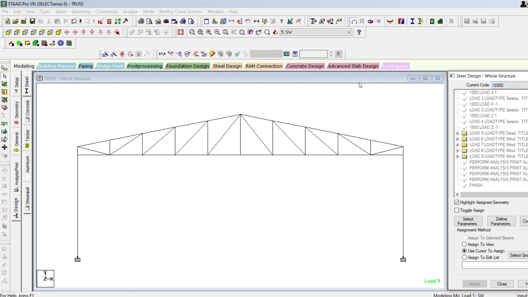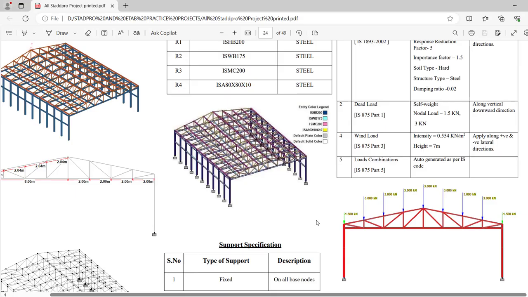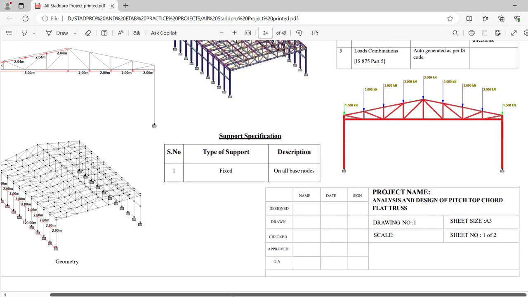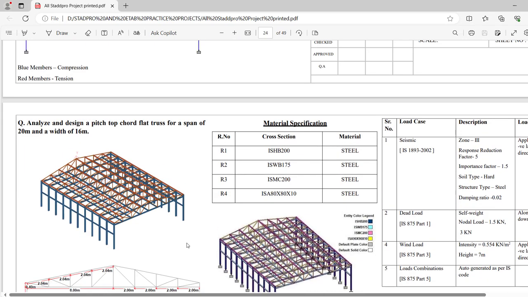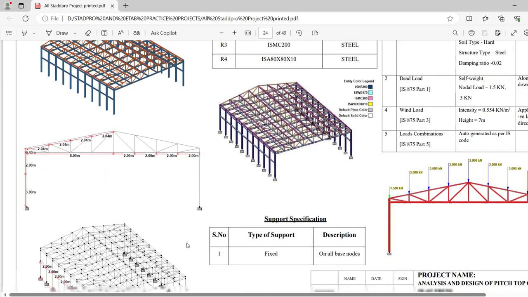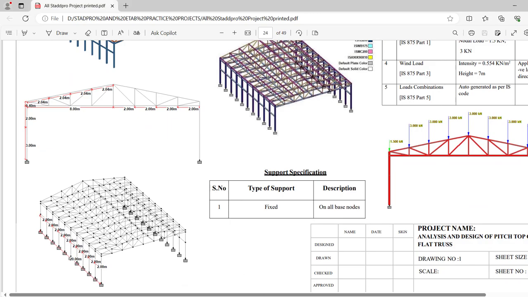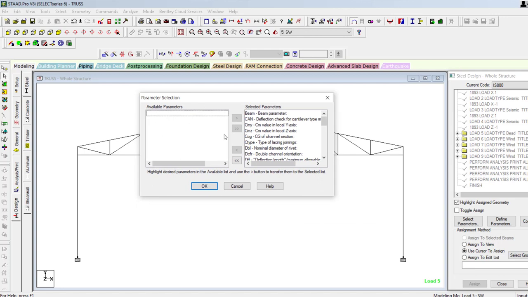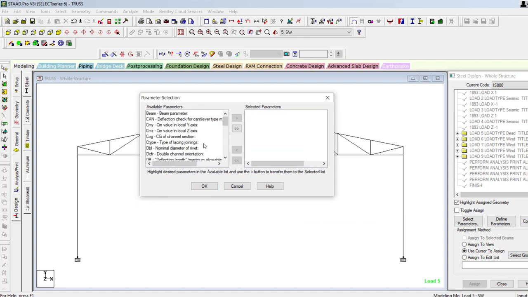For that you click on the steel and IS 800, and then you can check what we have, what grade of steel we have to design it. So we don't have any special condition, so that I am just going to select the parameters, add this all into the available parameters. I want to apply the FYLD, that is yield strength of steel.